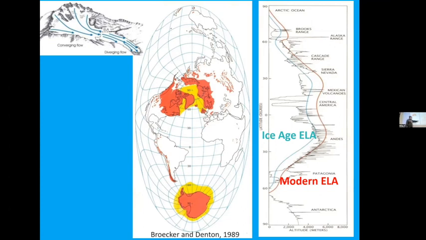But the key thing I want you to appreciate here is, look at the mountains and look at the red and blue lines. You don't see the mountains going much to the right of the lines. This is where the glaciers are. The blue is during the Ice Age. The red is now. Now there's a couple of places, and this is really important, and it's the focus of the project I'm working on now, where a lot of these peaks do go to the right of the red line. One of them is in the central Andes, about 20 degrees south.